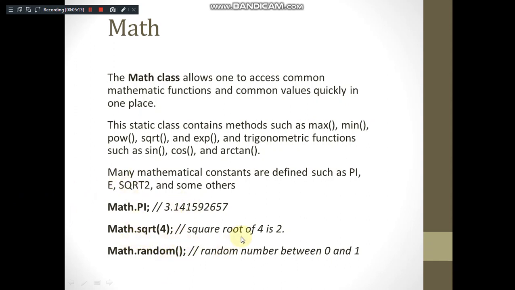The output is 2. Similarly, you also have a random function which is used to generate a number between 0 and 1. You have not passed any value. If we are passing any value, it is generating a random number between that range. If you pass only one value, that is one of the biggest flexibilities of JavaScript. This can be called without the parameter.